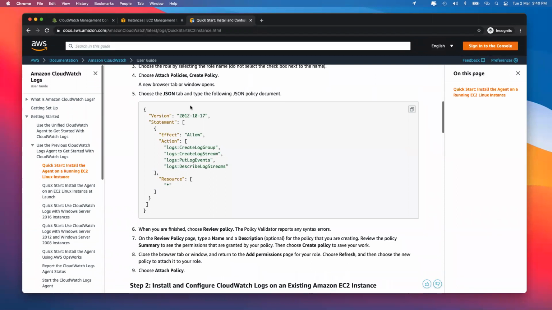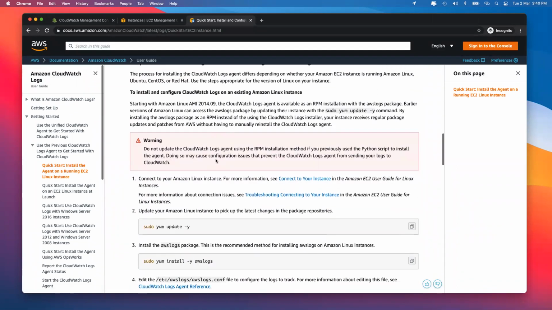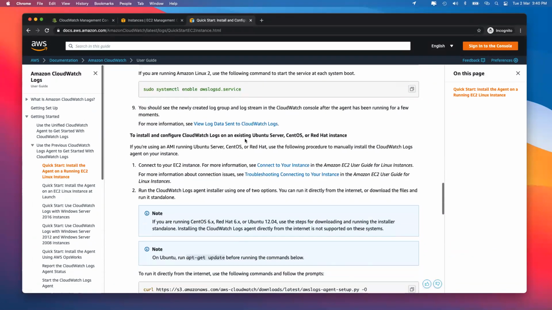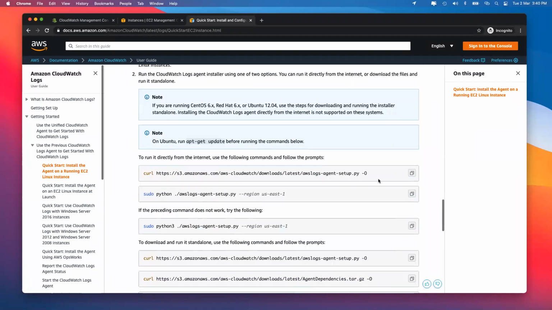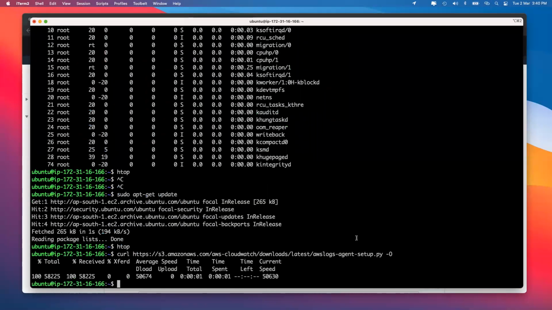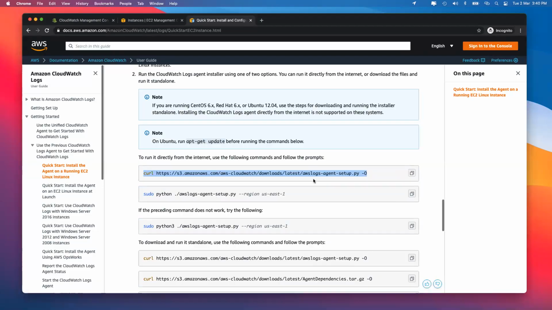I'm skipping it right now because we want to see an error, and based on that we will come back and understand why we need this in the first place. Right now, because I'm working on an Ubuntu machine, I'll copy the commands for Ubuntu. Basically this is the location of that particular package, which is a .py location, which stands for a Python file.